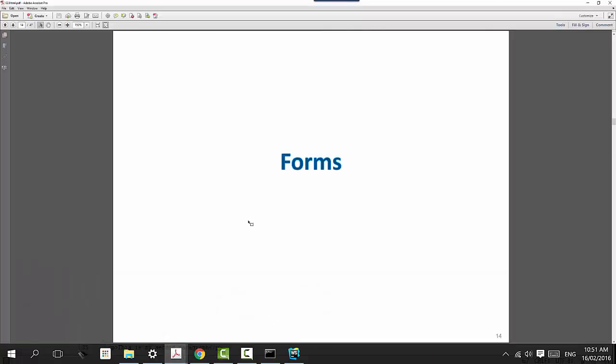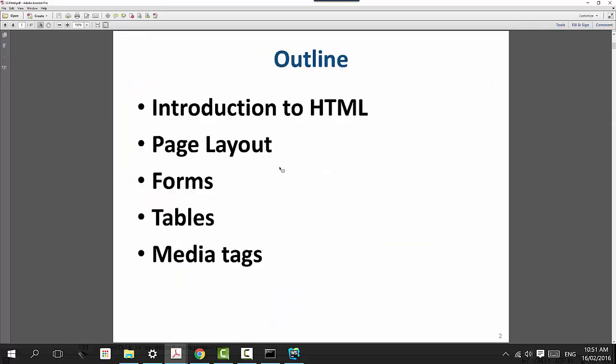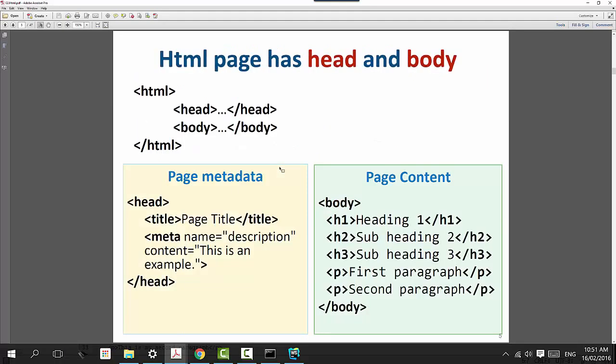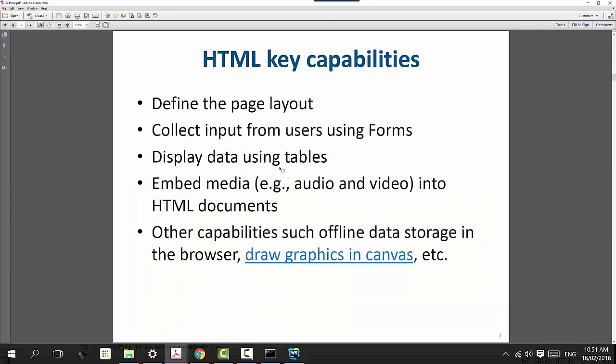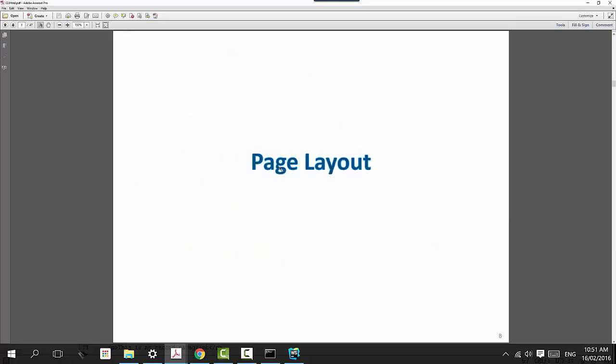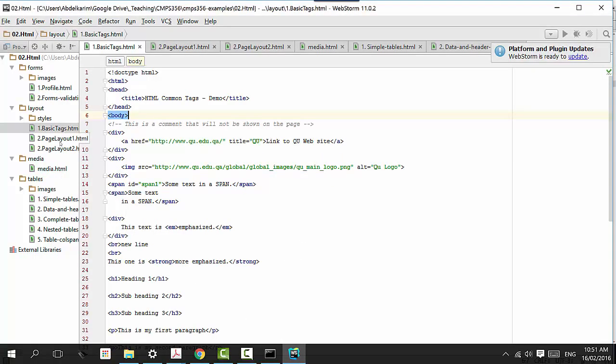Okay. So I think I will let you go, but basically, what I want you to see is the way you study this content that I provide, it's nicely organized. So let me show you. These are the key capabilities that you can do with HTML. So you learn one by one. And you go here, try to understand the concept, and then go and play with some examples. See some existing examples, and then in the lab you have some activities to do these things yourself. Okay, thank you very much, and I will see you